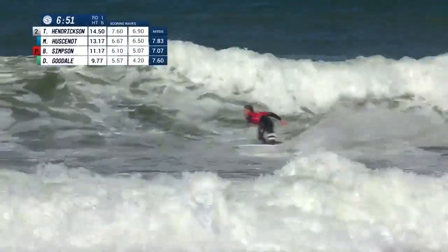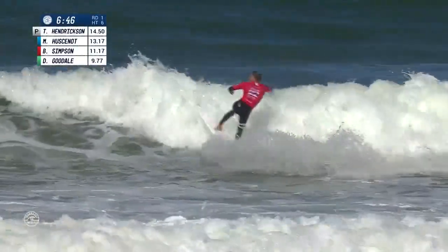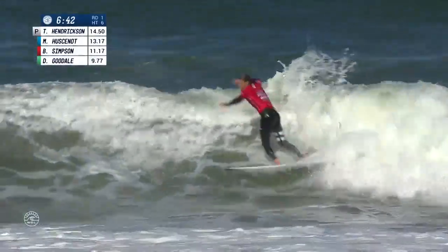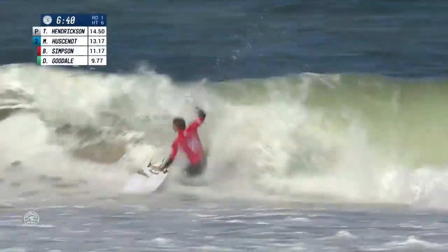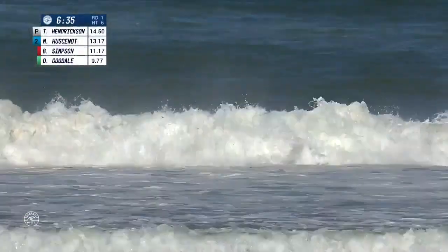Brett Simpson. Long wall on this right-hander. Nice carve. Floats through this section. Wave still opening up for him. Oh! And we both are surprised and...